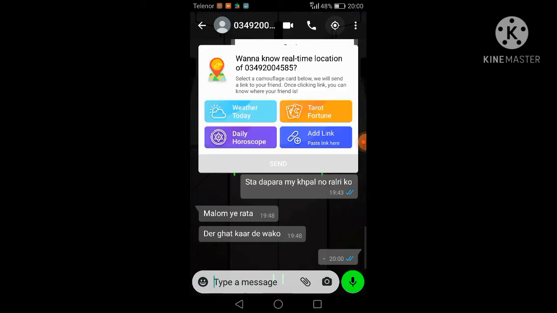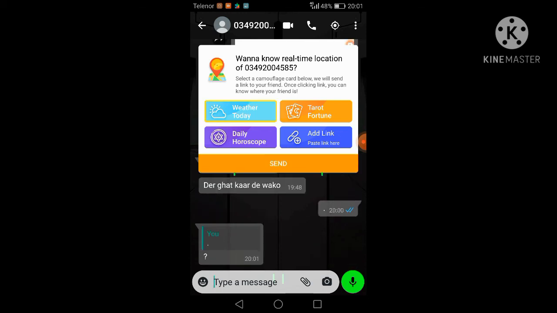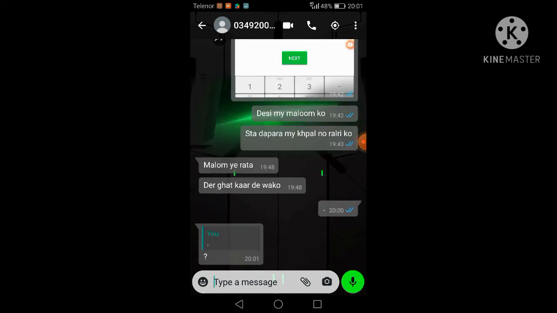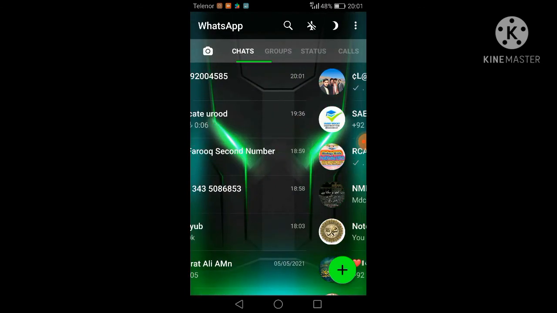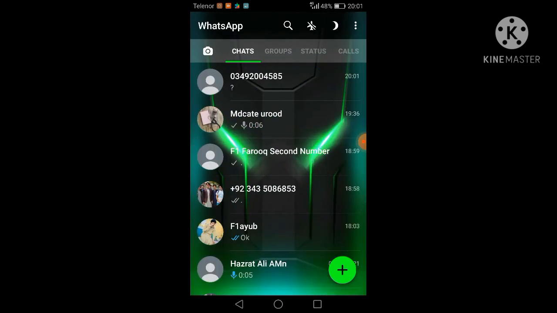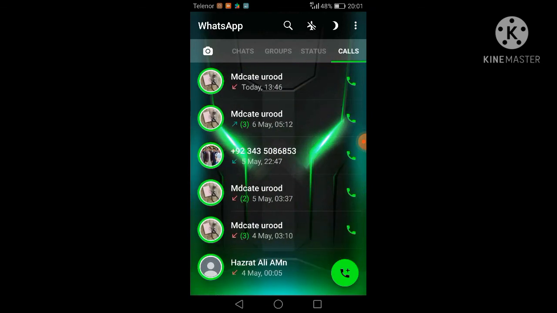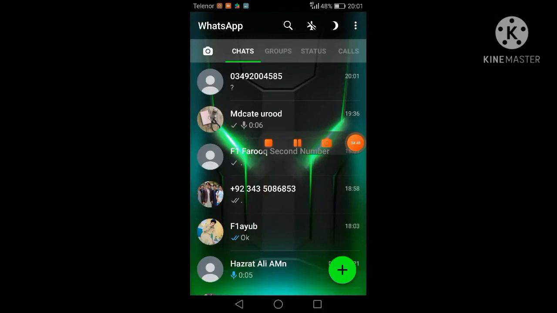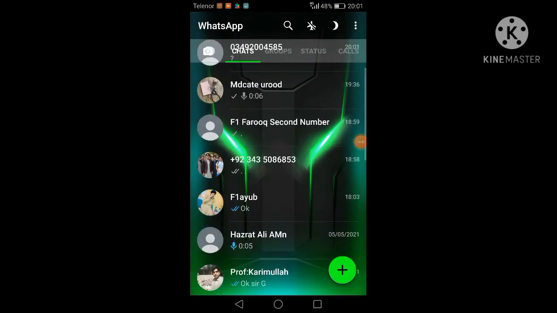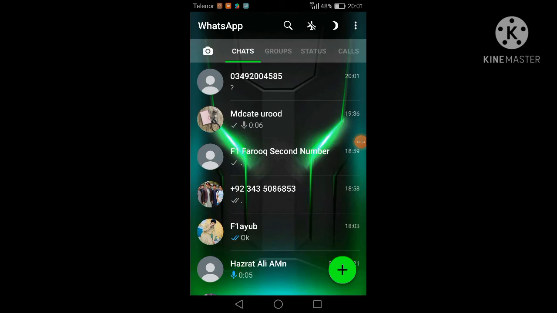Okay, this is the best option. How can you find? Just click on this option and daily horoscope. You can select any of them. Okay, and just the send button, and let's go on. These are the many best options for all of you. Now what can you do, and what is the best thing? Okay, I have explained everything clearly, and now I know that you have no confusion.